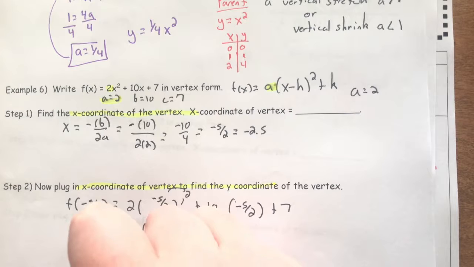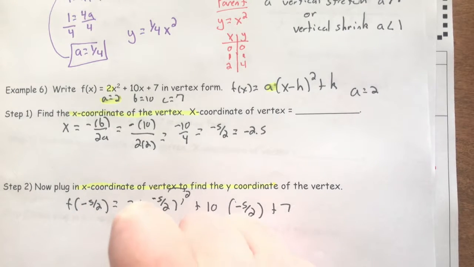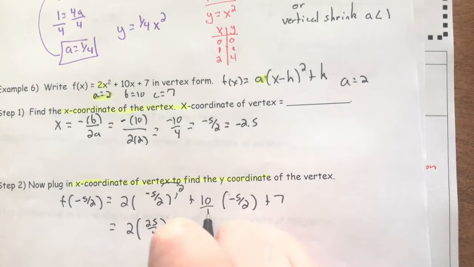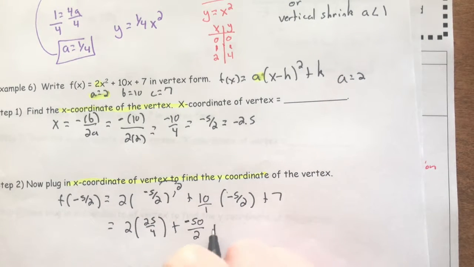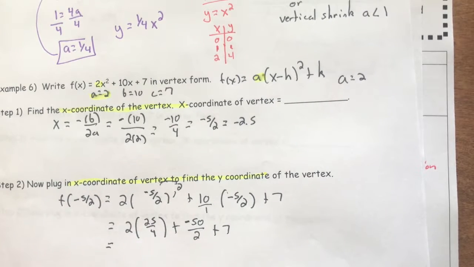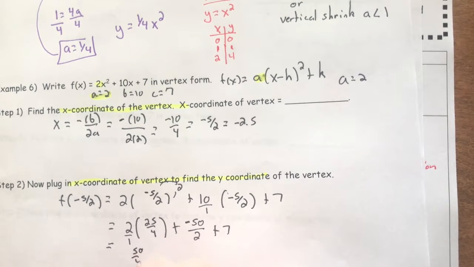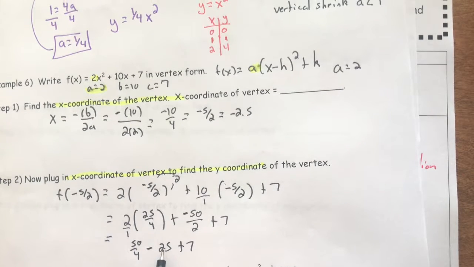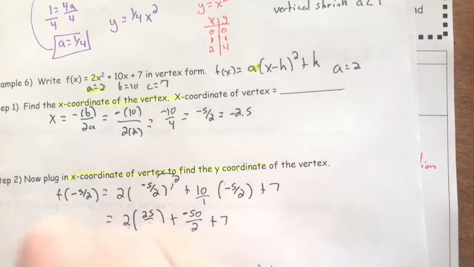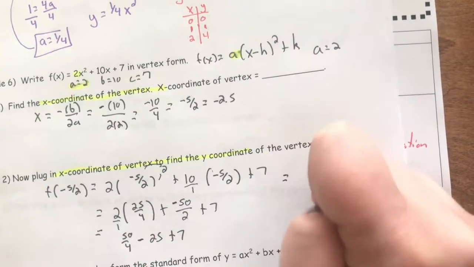This is going to become negative 5 squared is 25 over 4, plus, now when we multiply fractions, we put this over 1. That becomes negative 50 over 2 plus 7. If I work this out, this becomes 50 over 4. Half of negative 50 is minus 25 plus 7. So now we can start to put these together. If I have negative 25 plus 7, that's like 25 minus 7 is 18, but we have more negatives. So this is going to be equal to